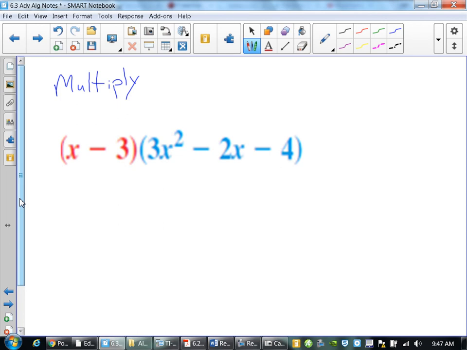Multiply. When you are doing the multiplication, now we're not just foiling, because here I have a binomial times a trinomial, which means I'm going to use the distributive property not once, but